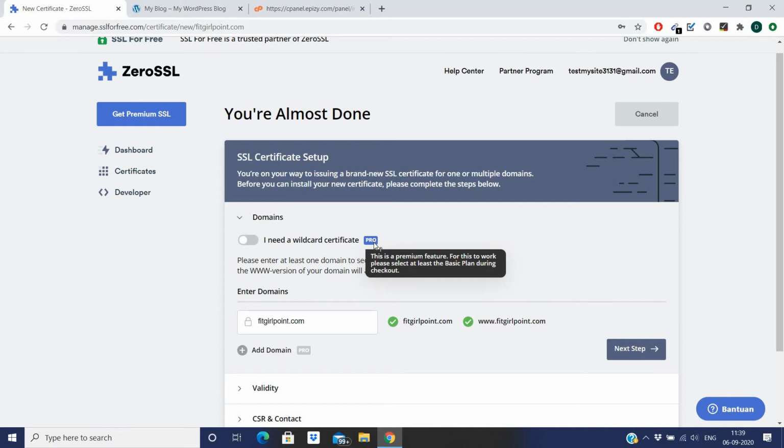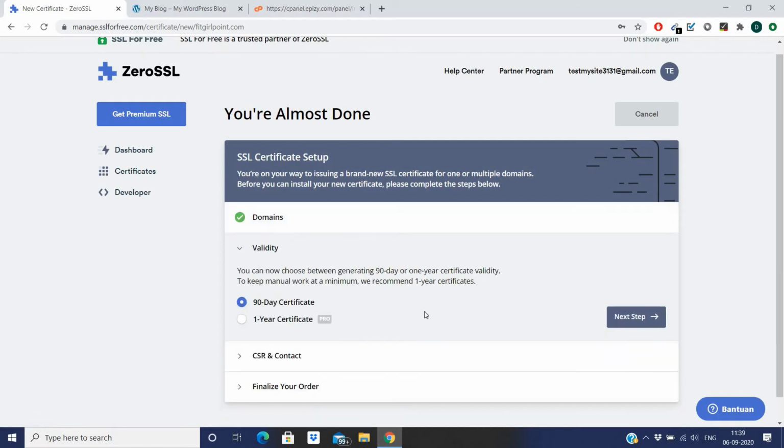To avail this option you will need to pay. So keep it as it is, don't select this option, and hit the next step button.